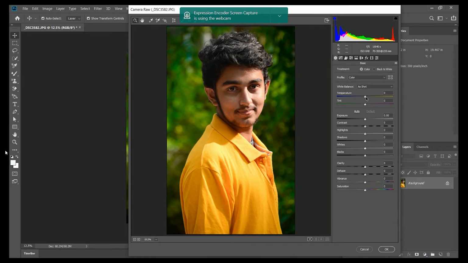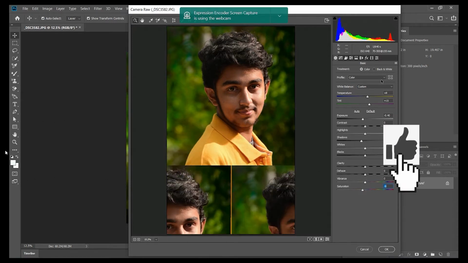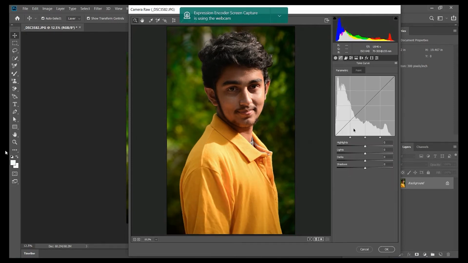Here you can adjust temperature, tint, exposure, contrast, highlight of the photo, and many more options are there. You can adjust that. And here you can also adjust the brightness of the photo. After adjusting brightness of the photo,